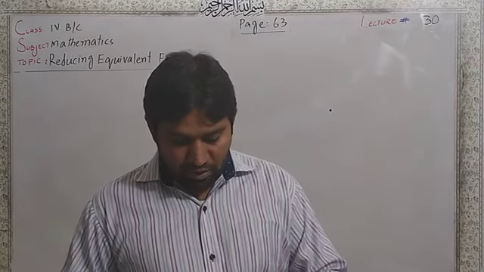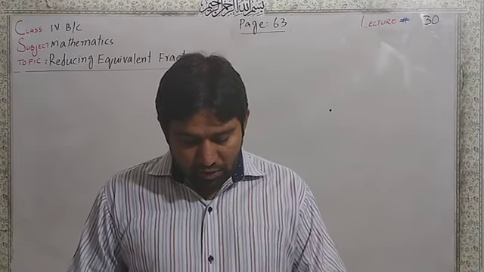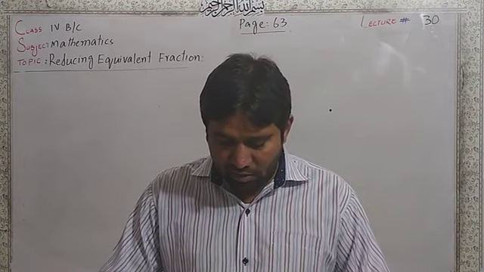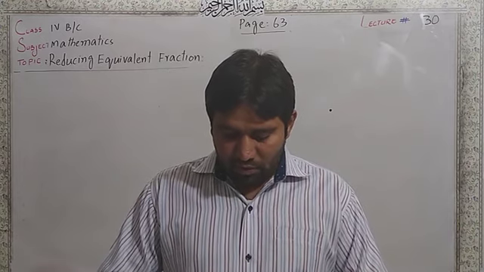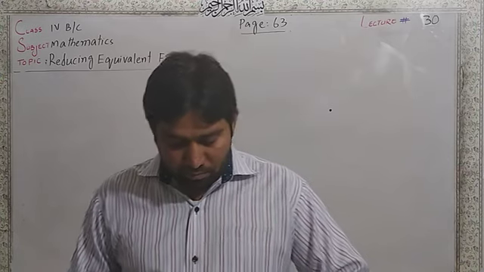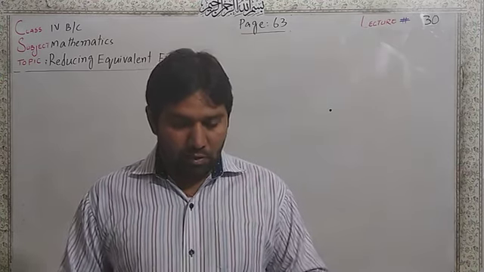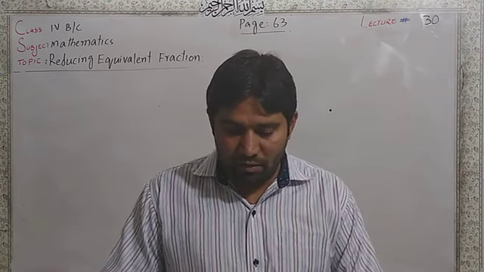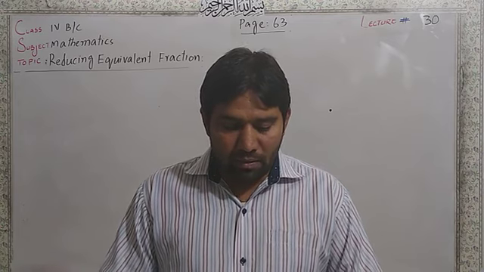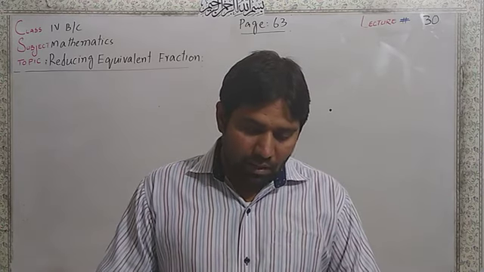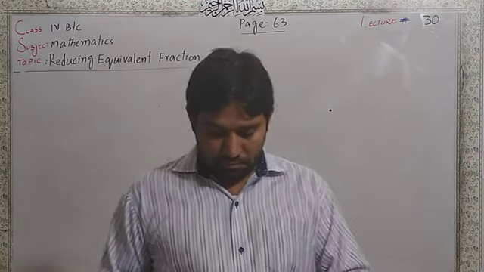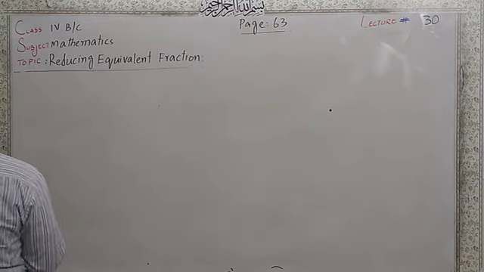Next, question number 3 is: for each fraction given below, how many equivalent fractions can you make by dividing both the numerator and denominator by the same factor? So when we divide the numerator and the denominator of a fraction by the same number except 0, we get an equivalent fraction. Okay? In question number 3,